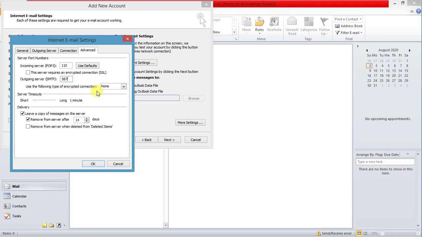So 587 is the outgoing. Here one more thing, use the following type of encryption. So I will keep the auto encryption. Fine, encryption means if you are sending your mail, in which format it is going to be delivered